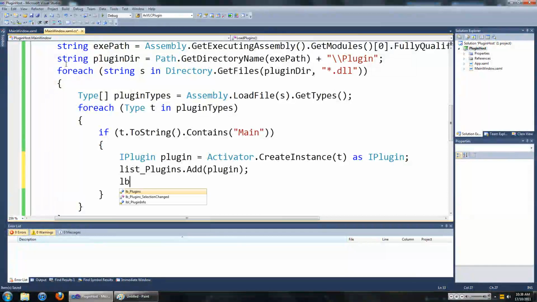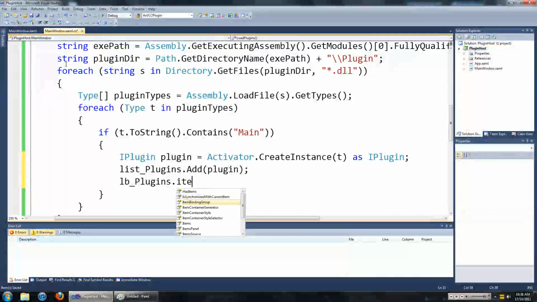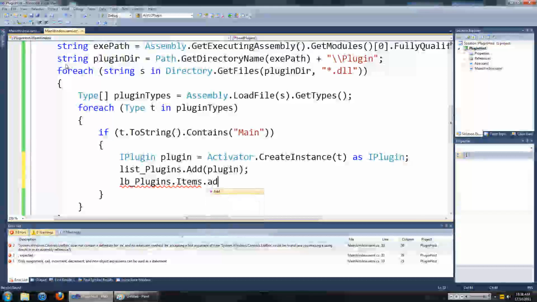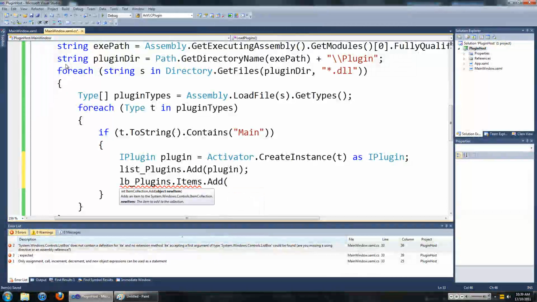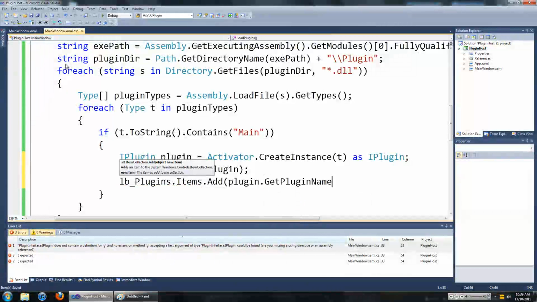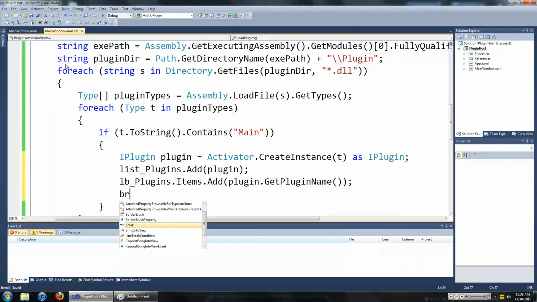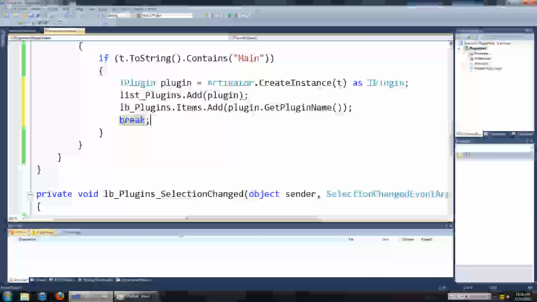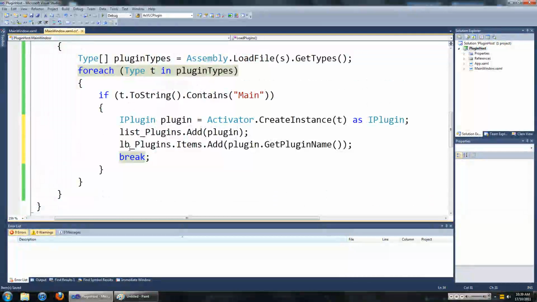So we're going to go listBoxPlugins.Items.Add. We're going to try to add plugin.GetPluginName, and then we want to break out of the foreach loop, because once we have found the main type, we don't care about any of the other types in the plugin. So we're just going to break out of the foreach loop.